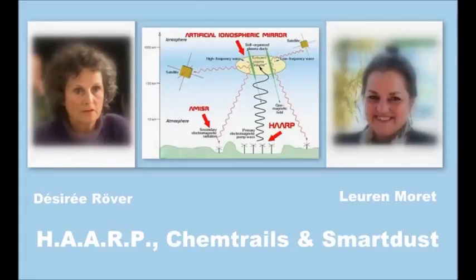Well, and with the chemtrails, we have them here as well. I made a lot of pictures of them. And today, a friend of mine in another area in the Netherlands, she said there was a huge Star of David in the sky. I've been waiting for this. These are called